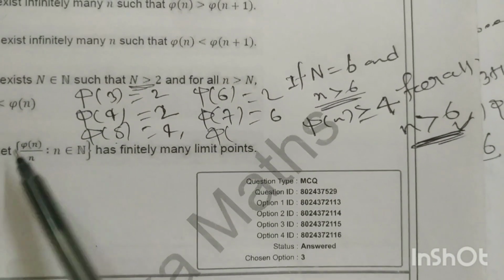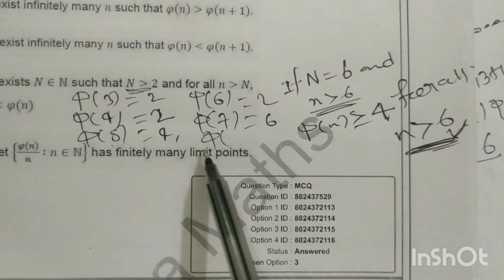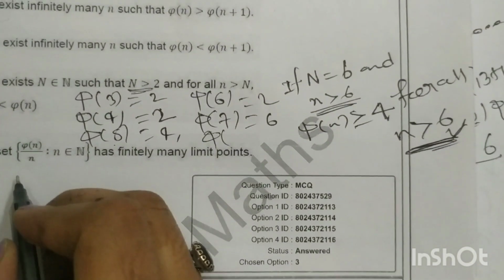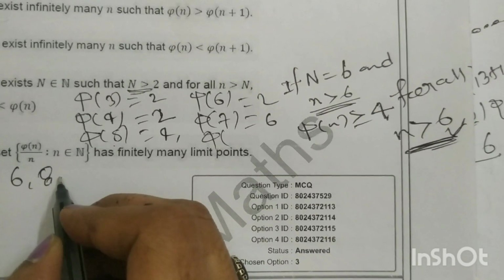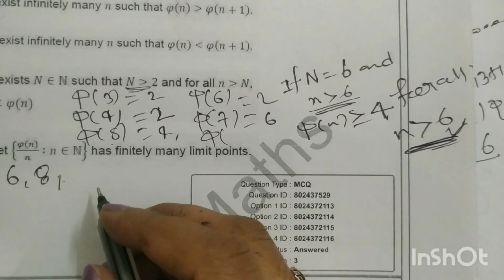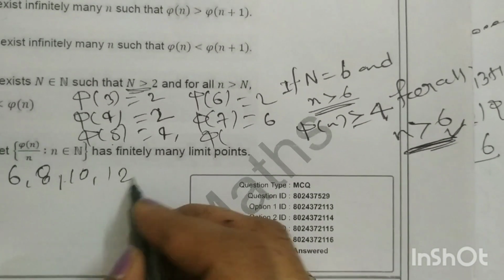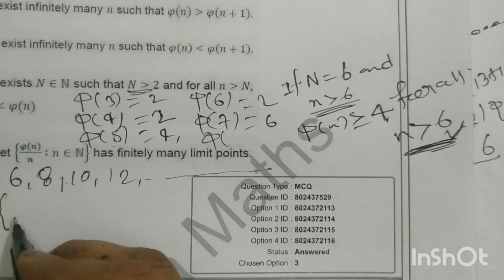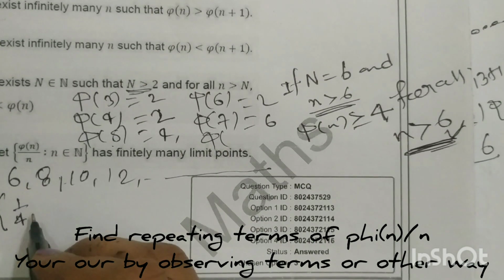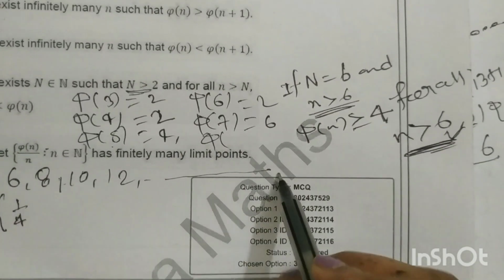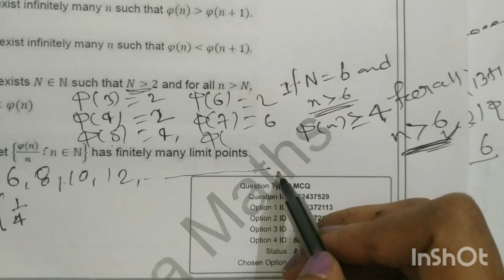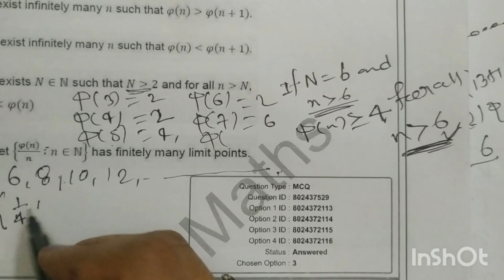such that n is a natural number, has finitely many limit points. As we know, 4, 6, 8, and 10, 12, these elements repeat infinitely many times. So its limit points would be infinitely many, because 4 repeats infinitely many times, 6 repeats, 8 repeats. So how can we say it is finite? So there you will get 1/4 and